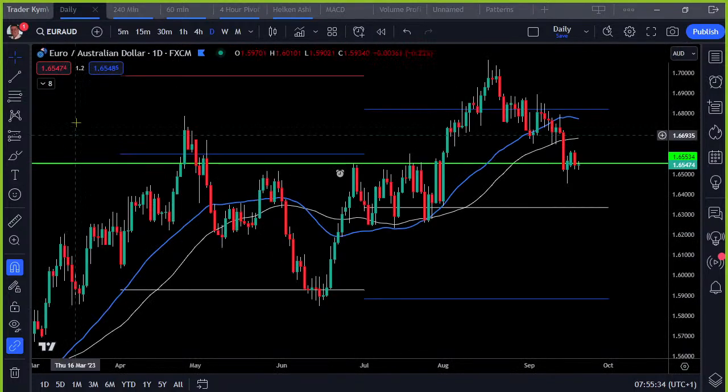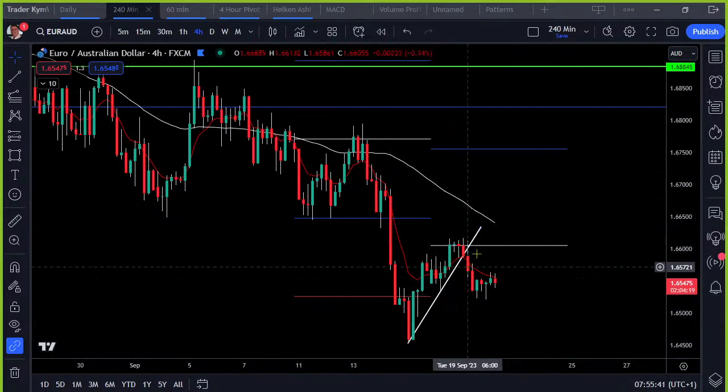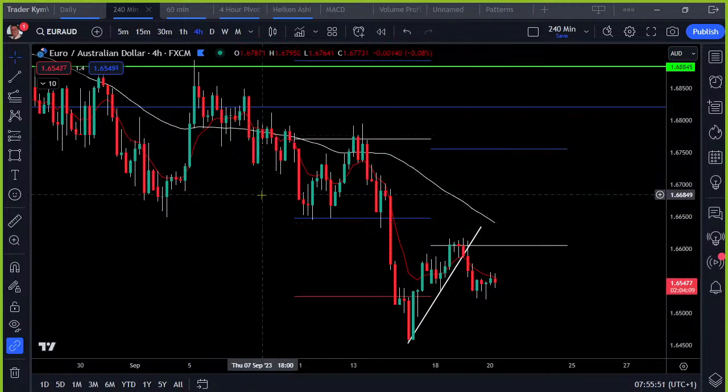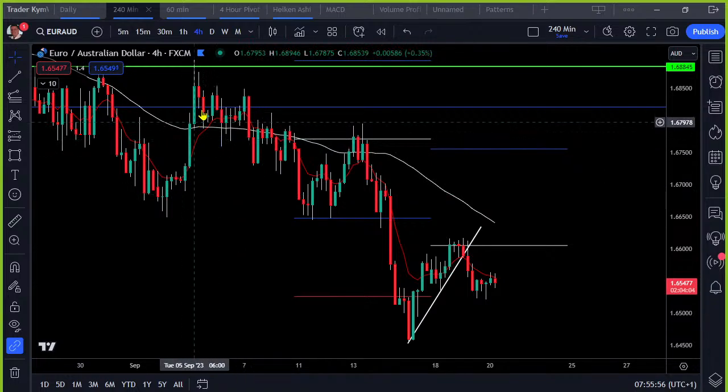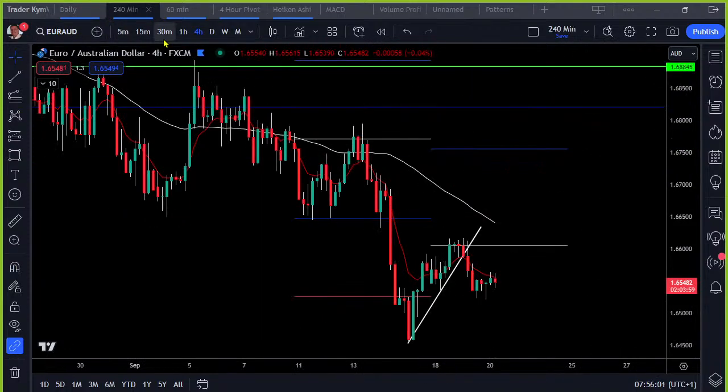EURUSD, a different ball game here. We've seen a bit of a correction. I drew this on this morning, but I was looking at this yesterday. What I tend to do is focus on the time frame I want to be trading in more specifically. I want to always be trading in the direction of the bigger trend, but the bigger trend has been to the downside. So I'm looking at the dailies, seeing what's coming, and that's been coming off. 4-hourly wise, it's been coming off pretty solidly. Yes, we've got this higher low and this bounce, but then it's broken. I've taken a short on this. I'm currently sitting in a short position on this EURUSD.